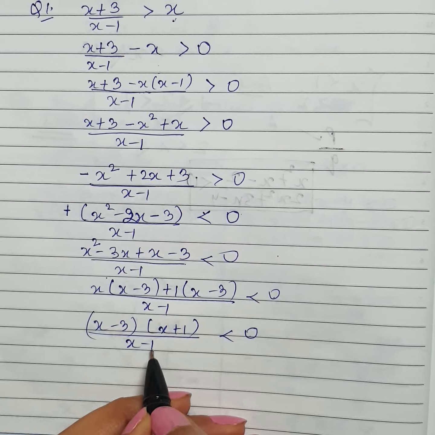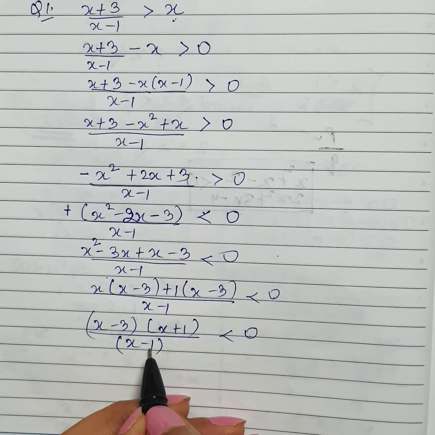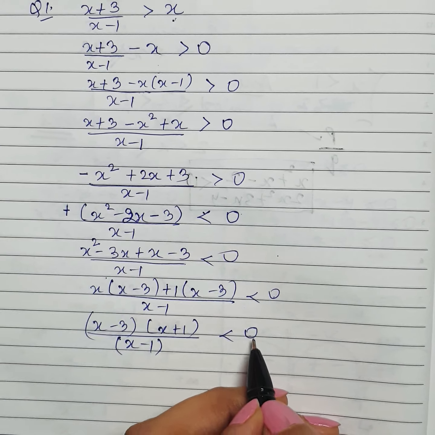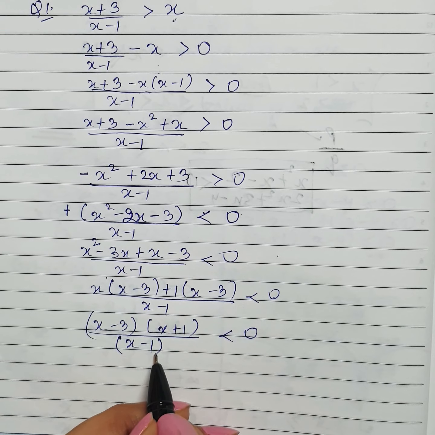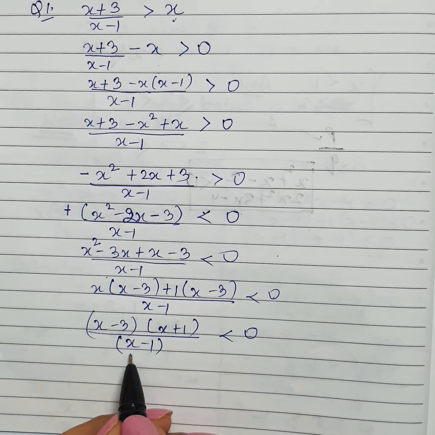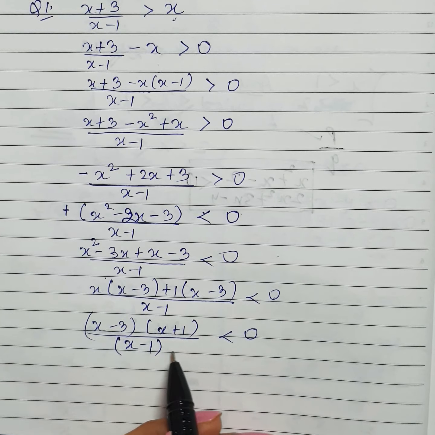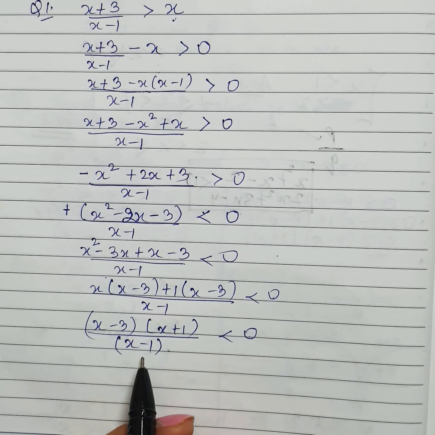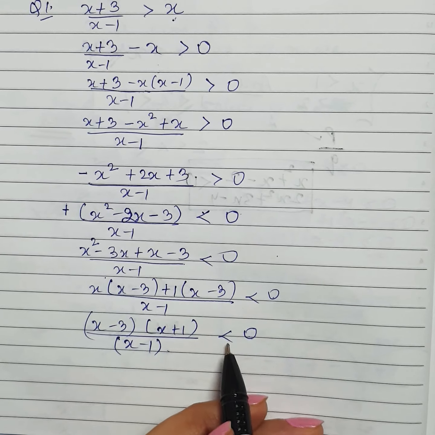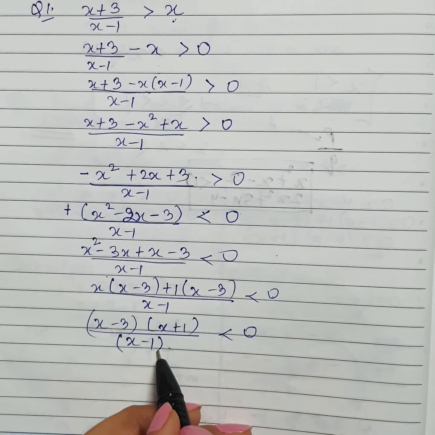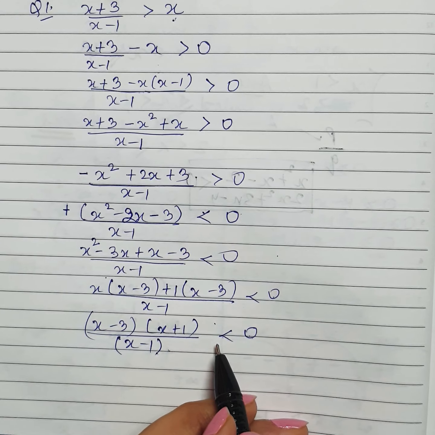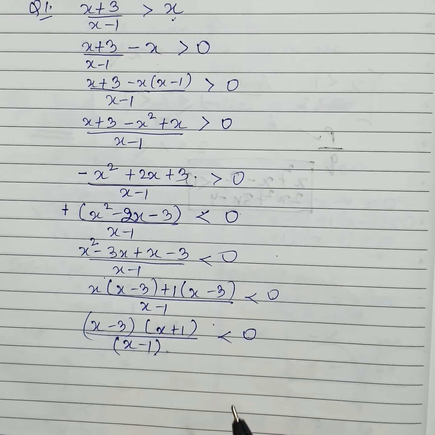Now I cannot shift x minus 1 to this side because I do not know till now that this expression is positive or negative. I don't know the value of x, so how can I say this is going to be positive or negative? So I cannot shift it directly here, because what if it is negative? Then inequality should be reversed again. If this is negative then the inequality will also change. So I cannot shift like that.